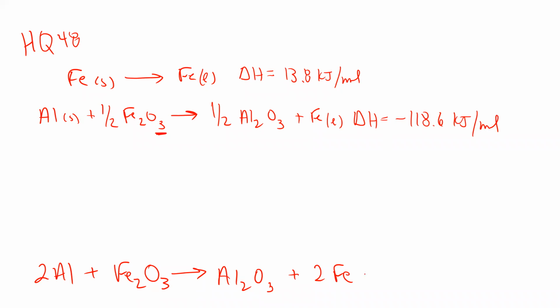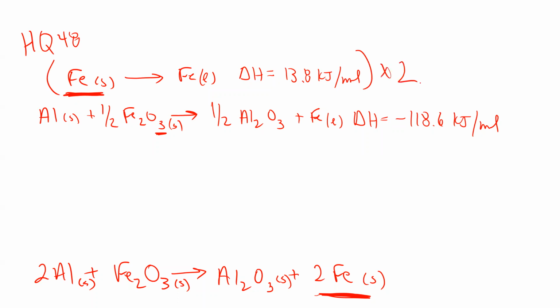Ultimately, the reaction we're looking for, I did drop the phase, but we are looking for a solid iron. Aluminum oxide is solid, iron 3 oxide is solid, aluminum is solid, right? So that's a solid there. Again, I would just see, okay, I want iron solid as a product. I have iron solid as a product here. I need one more coefficient, right? So I'm just going to multiply the whole thing